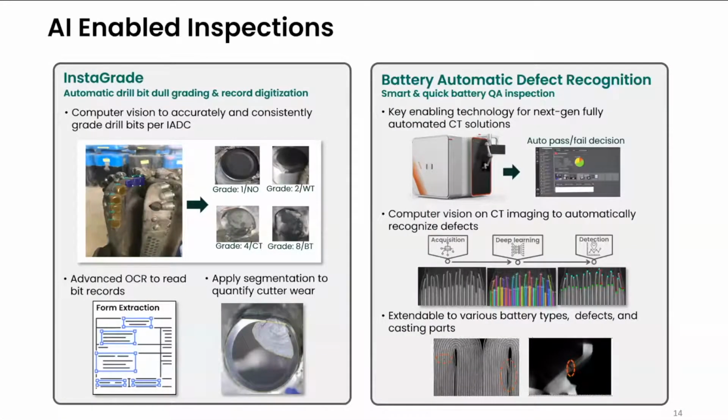So the second category I would call AI-enabled inspections. One is called Integrate, which is a collaboration between our team and the OFS drill bits organization. Currently, drill bits are graded in a manual way, meaning there are operators who take a look at the bits and give a score to each bit based on their experience. Of course, that is a manual operation, and it's really very subjective. What we want to do is have a computer vision process to standardize it, to speed it up, and to make it more accurate and reliable.